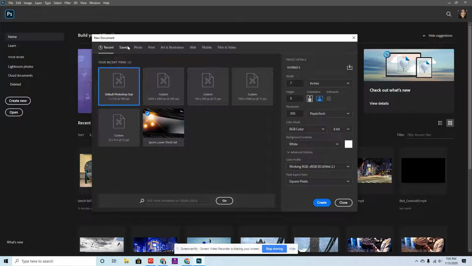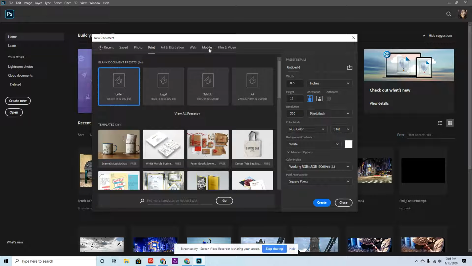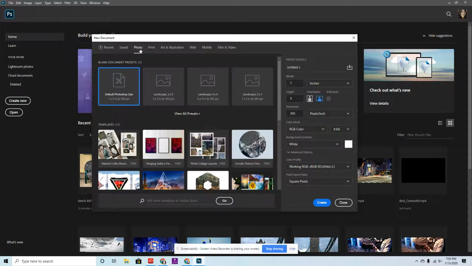How Creative Cloud is organized is you have different templates. If you're working on a photo or a print, or perhaps a mobile application, it'll have templates set to whatever size of a mobile application you're using. Let's do photo. I want you guys to click photo and use the default Photoshop size and title this document